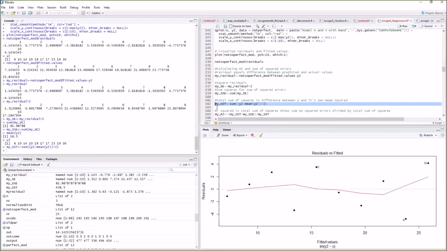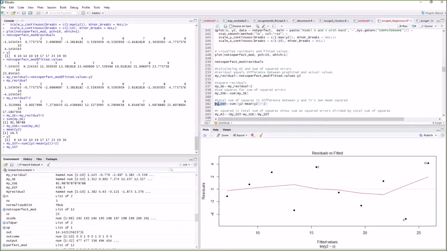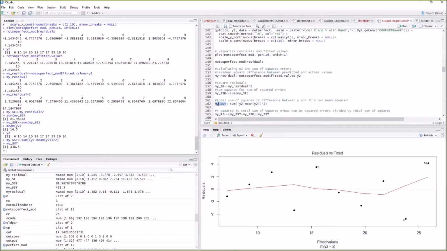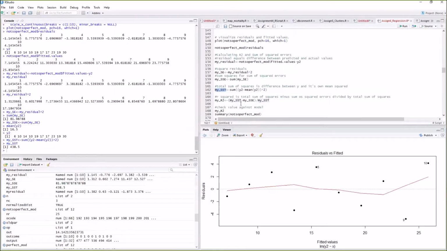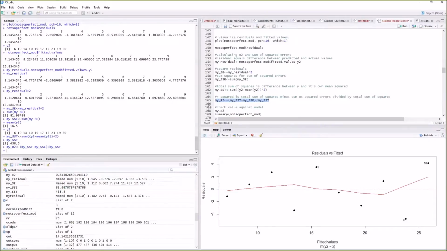So I'm going to run that, and we can see that now we have this number that is our total sum of squares. So now, just to calculate R squared, we use that formula that's in the textbook. Got our total sum of squares minus our sum of squared errors divided by our total sum of squares. So if we calculate this whole thing up, run that, and take a look at this value,